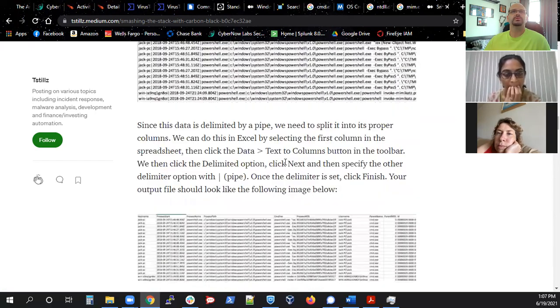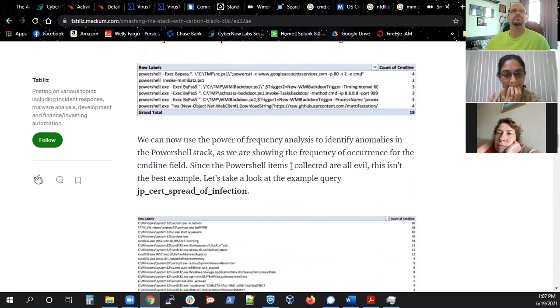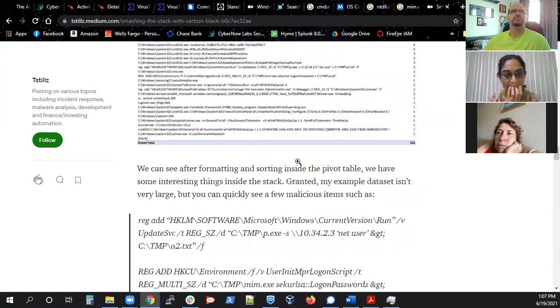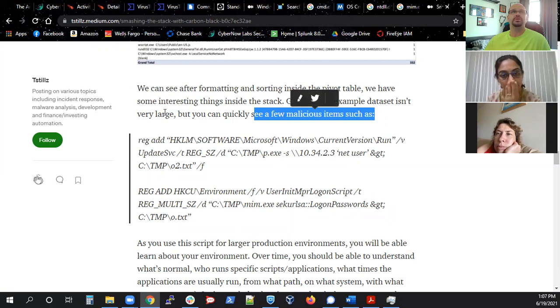Pro tip. Yeah, here it is right here. "You can see after formatting, sorting inside the pivot table, we have some interesting things inside the stack. Granted, my example data set isn't very large. You can quickly see a few malicious items, such as"